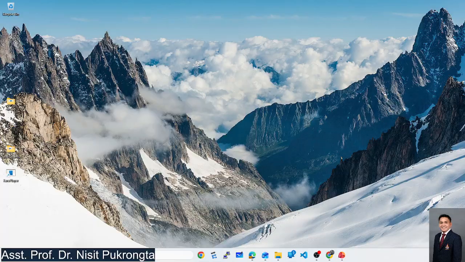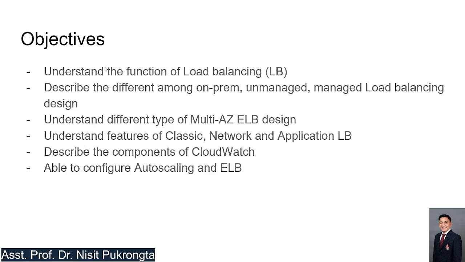Okay, for today we study about load balancing. The objective of this session is to understand the function of load balancing and describe